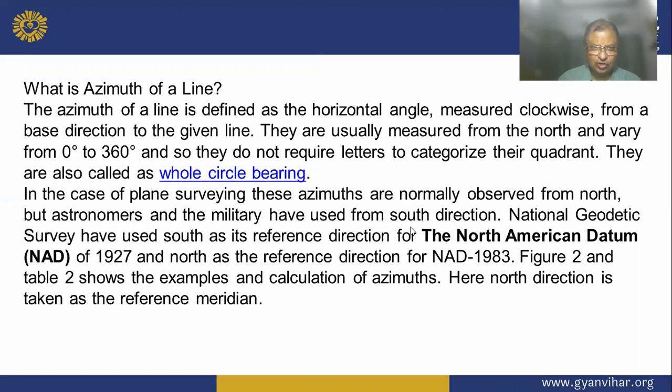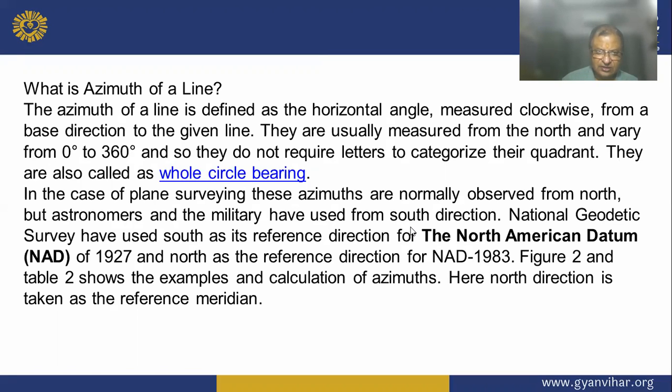They are also called whole circle bearing. In the case of plane surveying, these azimuths are normally observed from the north,